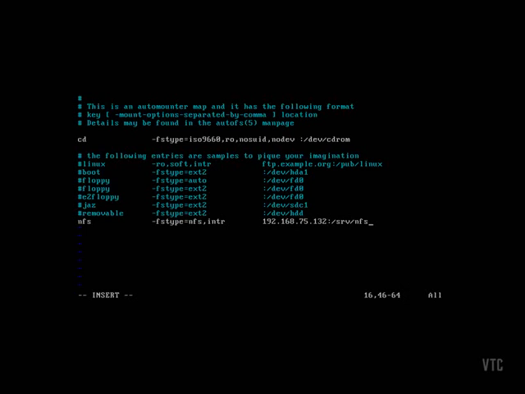Just like the examples above, we are creating an entry for NFS, which the Autofs service will use to create